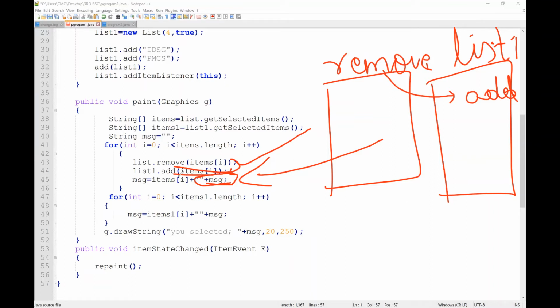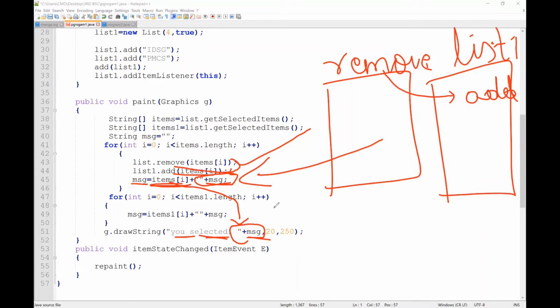If you are using this message, you will get "You selected". This message will be replaced by the item which is removed. For example, if you are removing DBMS, it will be displayed like "You selected DBMS". This message will be replaced by the item which has been recently selected or removed.